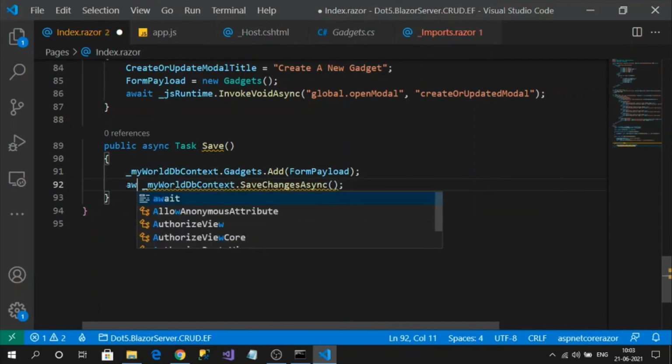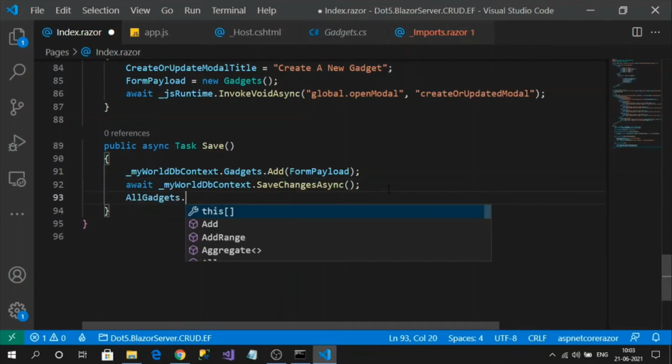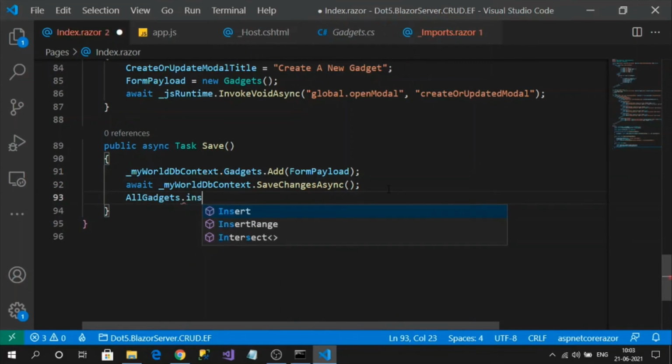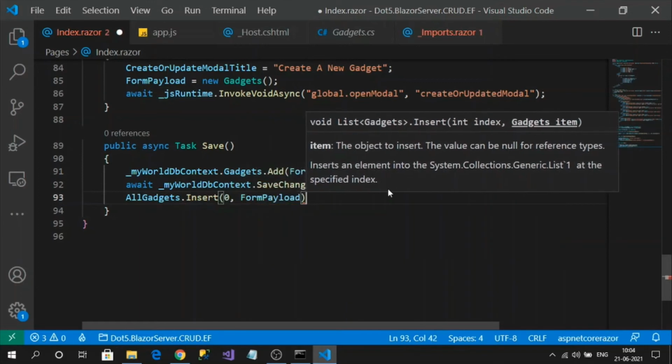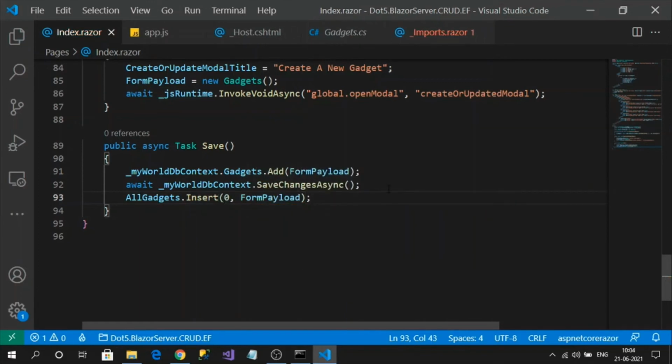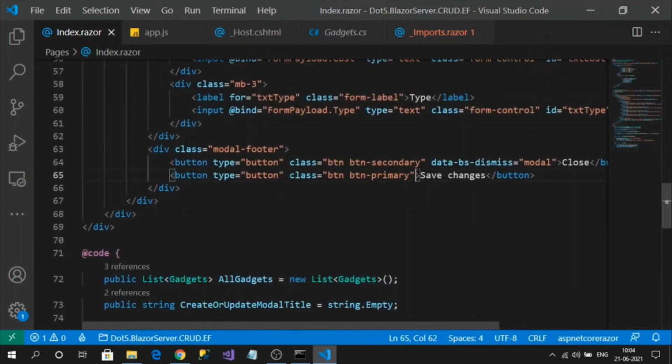All right, now successfully saved. And finally, I want to insert the record on top of the all gadgets property. So what I will do, I will insert at the top, at index zero, the form payload, right? And I can assign this to my save changes button @onclick equal to Save.